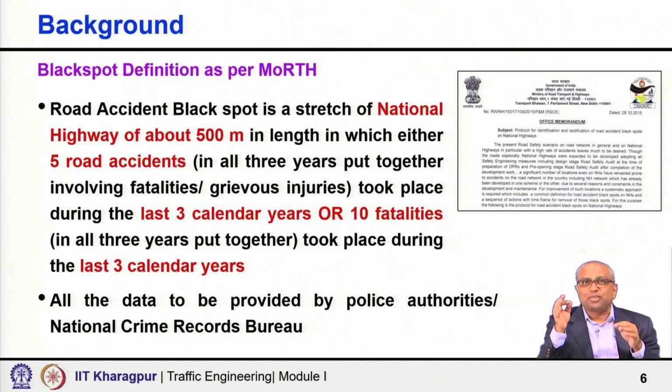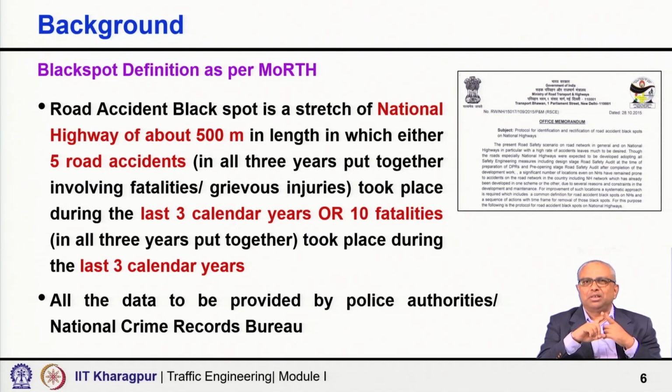As per the black spot definition given by the Ministry of Road Transport and Highways, a road accident black spot is a stretch of national highway of about 500 meters in which either 5 road accidents involving fatalities or grievous injuries took place during the last 3 years, or 10 fatalities in all the 3 years put together took place during the last 3 calendar years. So, first of all,